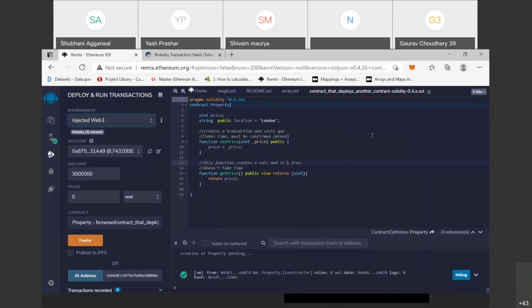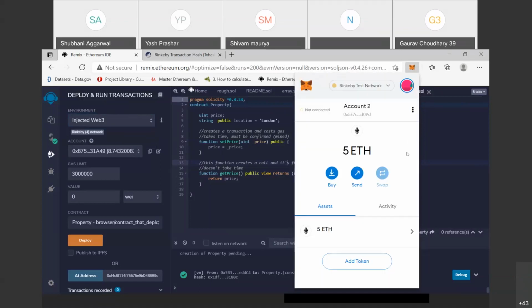वो तो मैंने सिर्फ आपको वैसे ही बताया था कि हम मेटामास्क में एक अकाउंट से दूसरे अकाउंट तक ट्रांसफर कैसे कर सकते हैं. उसके लिए हमें रिमिक्स की जरूरत नहीं है. तो आप रिमिक्स को मेटामास्क के सेकंड अकाउंट से भी कनेक्ट करवा सकते हो, थर्ड अकाउंट से भी कनेक्ट करा सकते हो. ठीक है. If you want more than one account, then you need these types of accounts: account 1, account 2, account 3. So that's why I have created the 3 accounts and I have sent ethers to all the accounts.